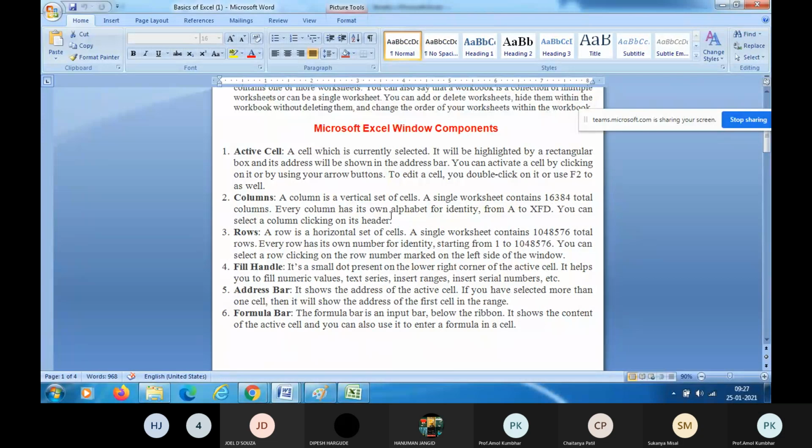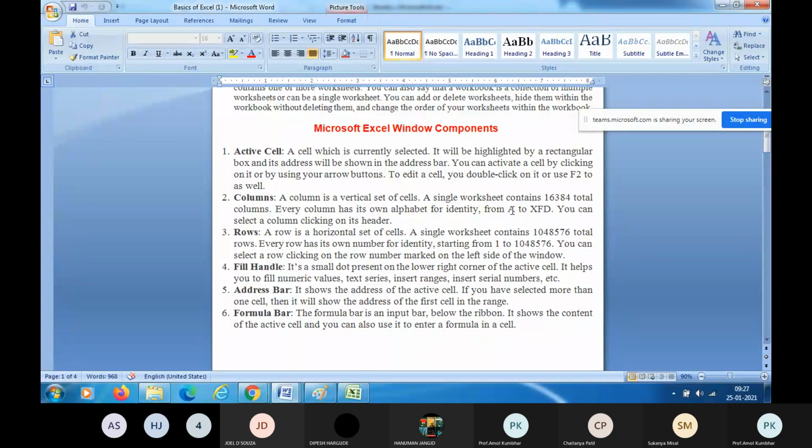Each column has its own alphabet for identity. Columns start from column A and end at column XFD. The first column is column A and the last column is XFD. So what is the number of that XFD? 16,384.